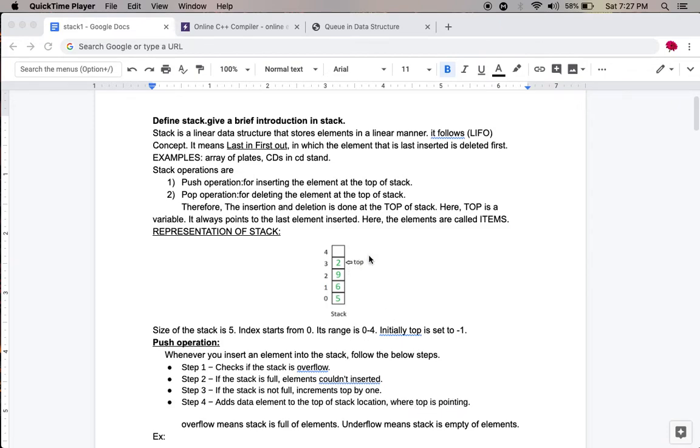So in order to perform the push operation, to insert an element into the stack, first we have to increment the top by 1, and then you can add the element at the top of the stack. Okay, so this is the push operation.